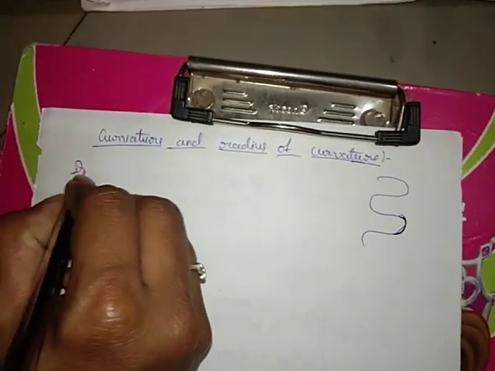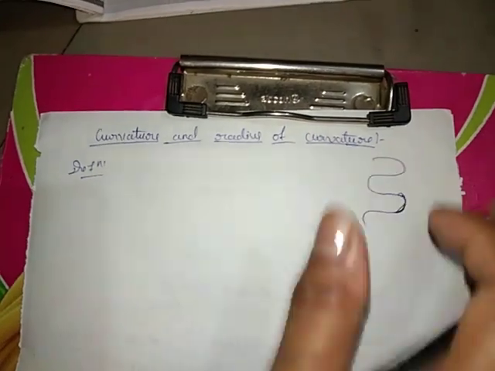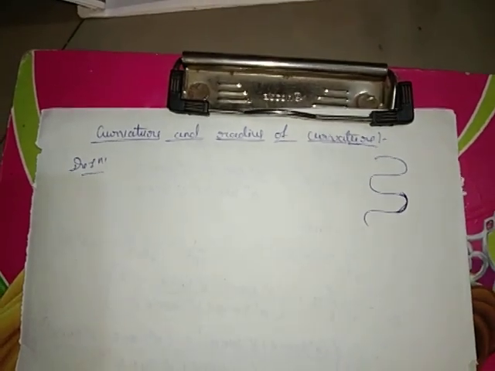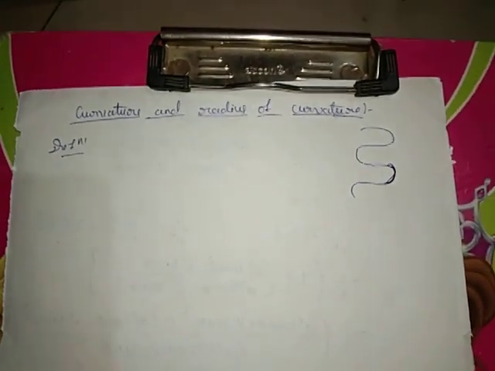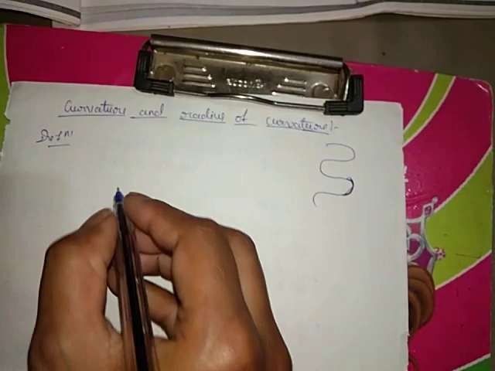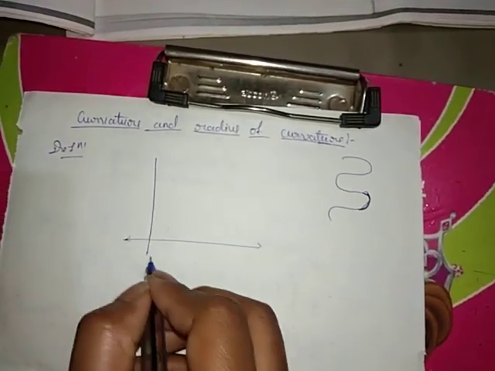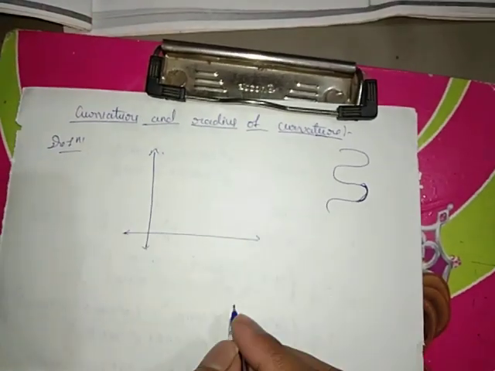So what is the definition of curvature? This is just the meaning of the curvature. But we are seeing that definition of curvature in a mathematical way. We are studying this entirely in a mathematical way here. So now I am moving to the definition of the curvature and radius of curvature. To see this definition, first I am going to take an xy plane here. Take the XOY plane.